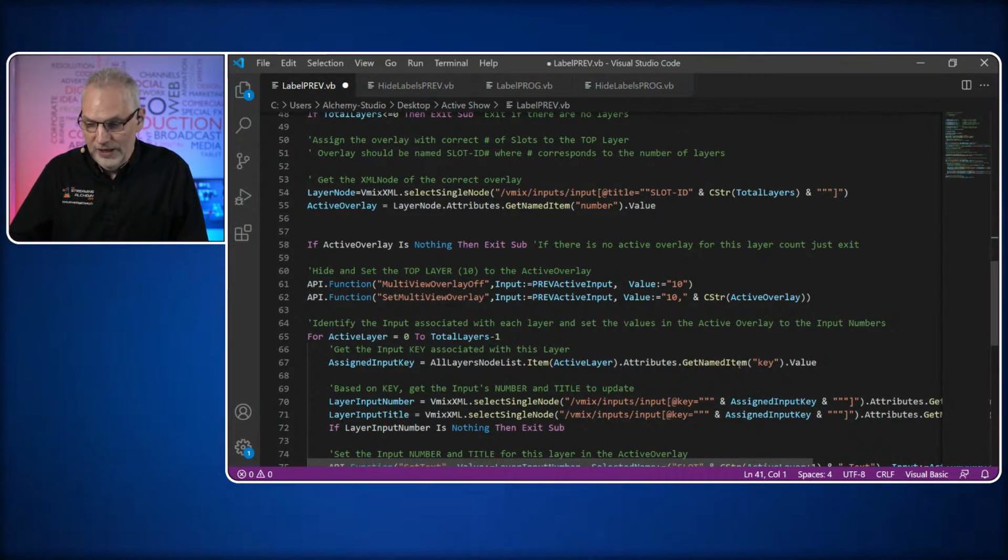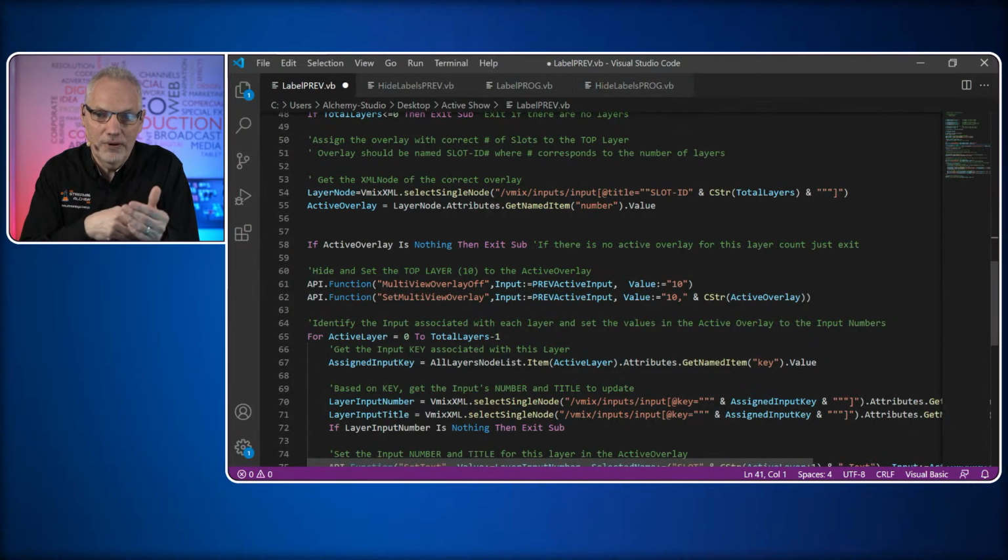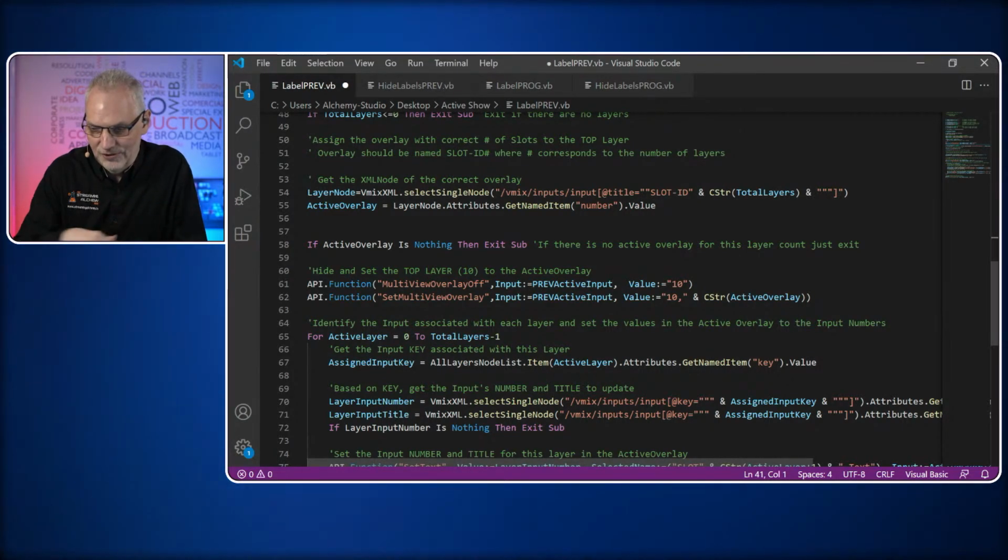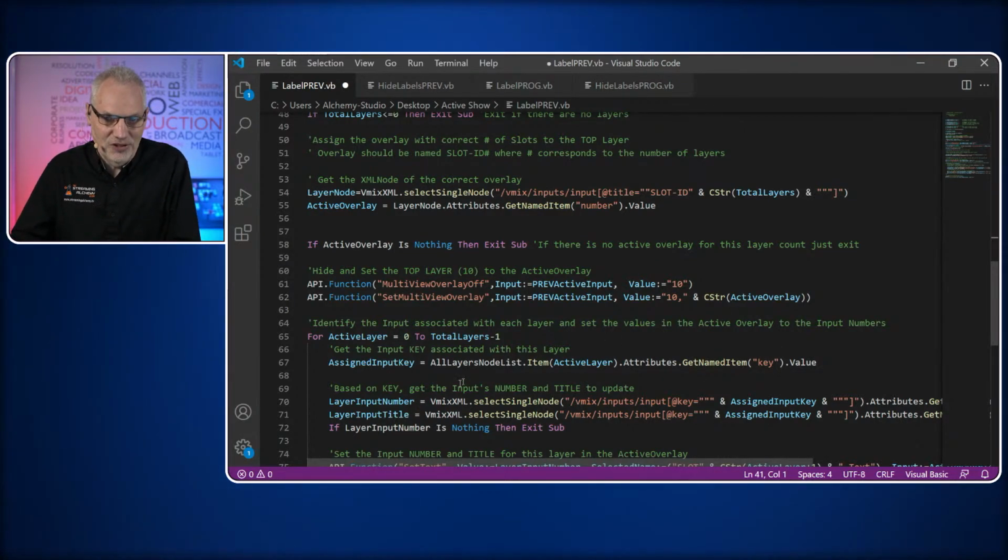Interestingly enough, the layers that you have above an input don't give you the input number, but they give you the input key that's assigned to each one of those layers. So we're pulling that key, and then based on the key, we're asking for two pieces of information. We're doing the select single node for the input with that key, and we're pulling